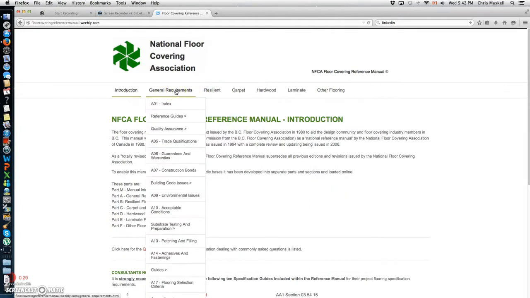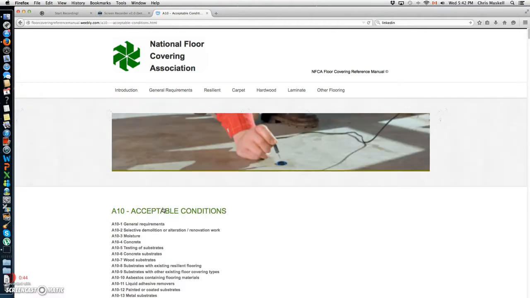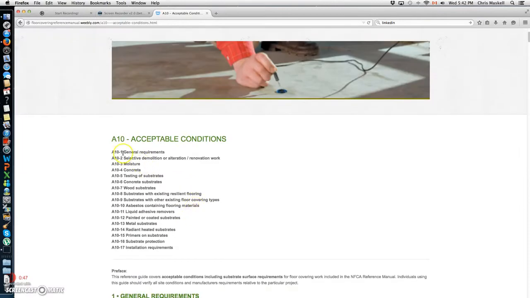First of all, if we went into the section called General Requirements, which deals with a lot of substrate preparation and pre-installation information, and we scroll down to Part A10, Acceptable Conditions. This is a commonly used section of the manual. Within this section, there are some 17 chapters